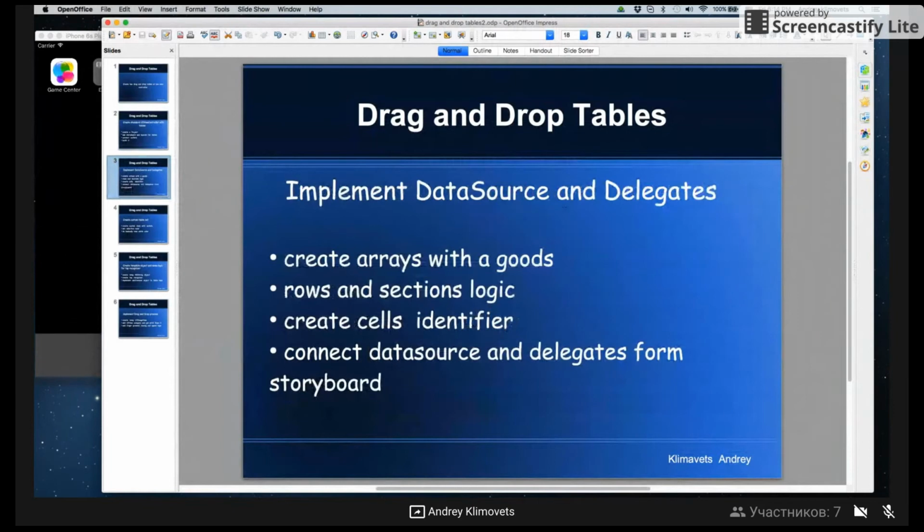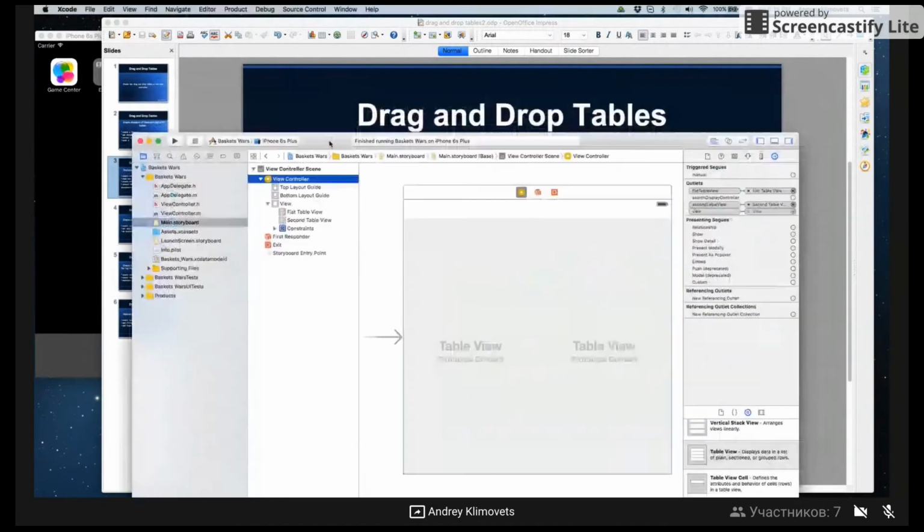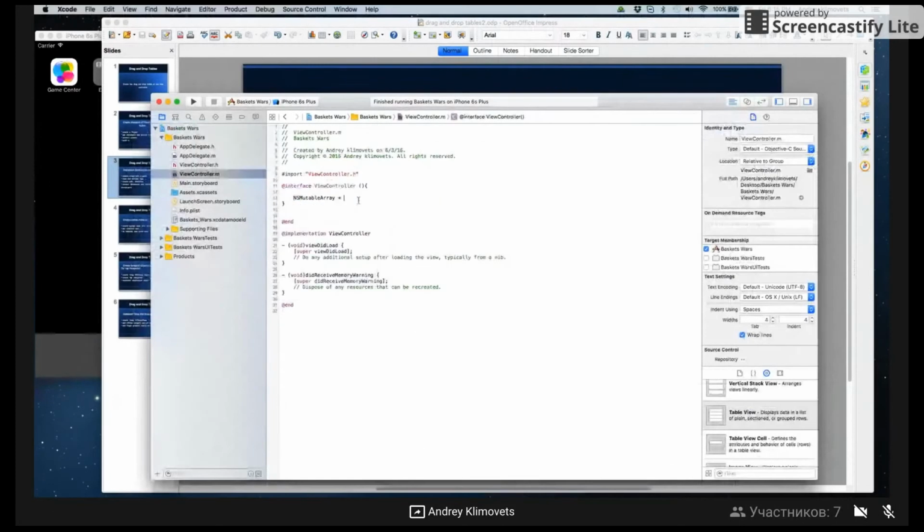Okay, let's do the next step. Implement data source and delegates. So to show data in our tables, we should connect the logic between tables in the UI and tables in our view controller. So let's do it. Firstly, I would like to create arrays with strings as the data source. I would like to use a mutable array because we can modify this type of object. If we use just NSArray, we cannot do it. So I will use NSMutableArray, like first basket,